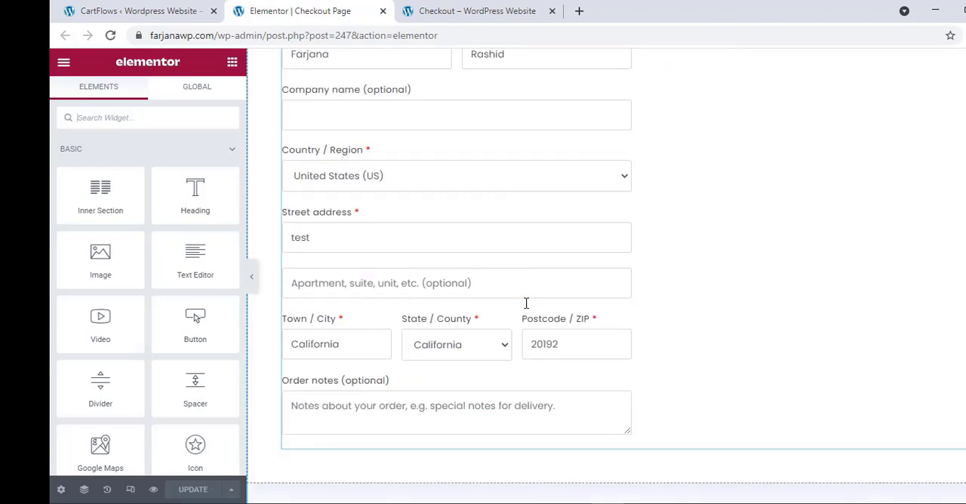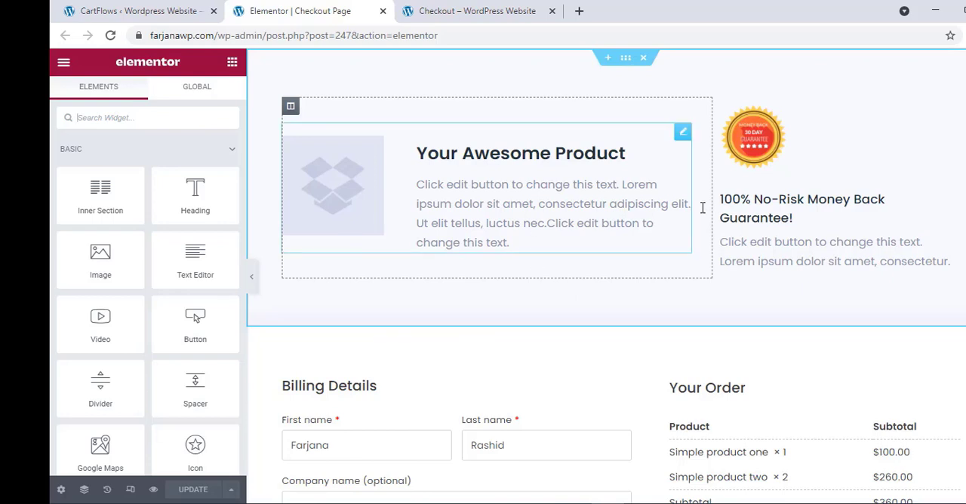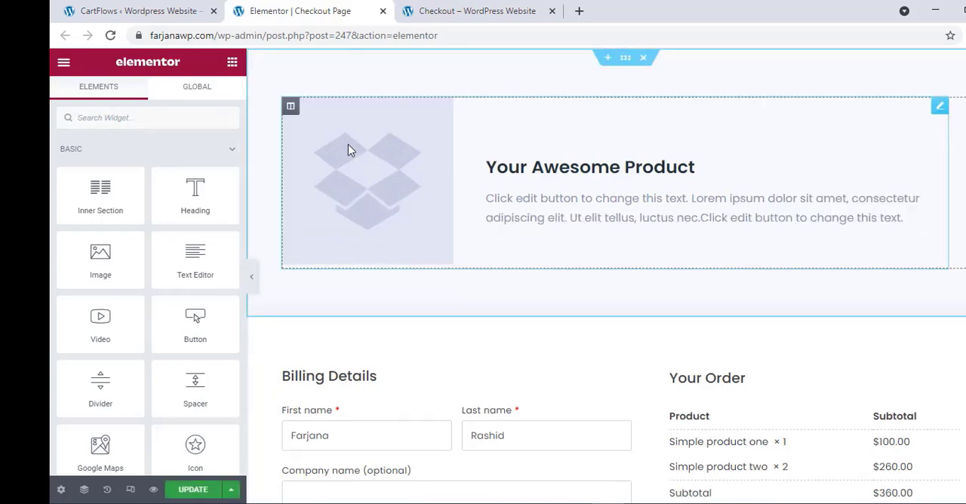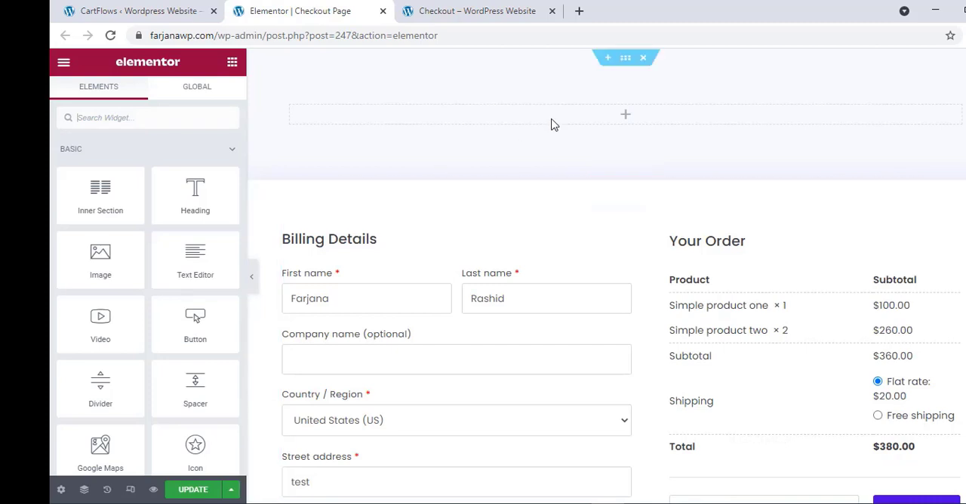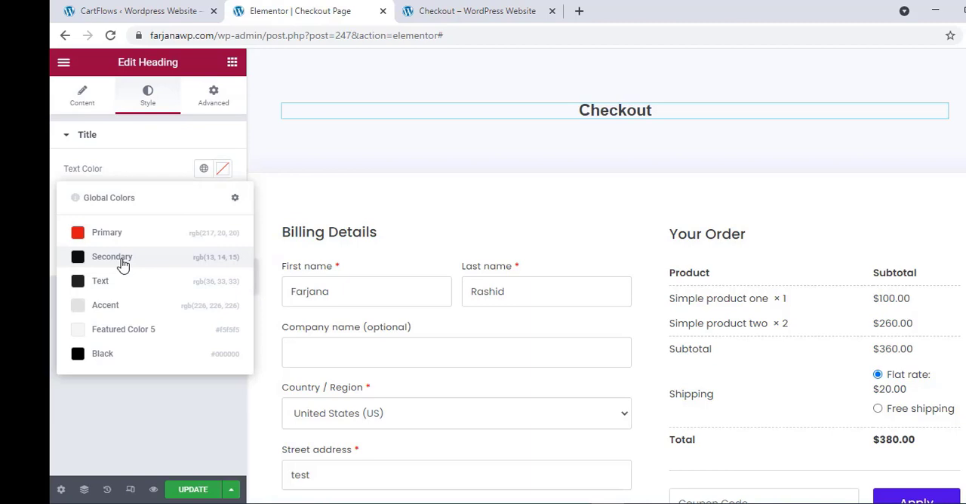So now our checkout page is looking like this. So we can customize our layout. I'm removing the top area, or here I'm removing the second column, also removing these widgets, and here I'm taking a new title. So here I'm typing checkout and alignment to center, and going to style tab, changing the color